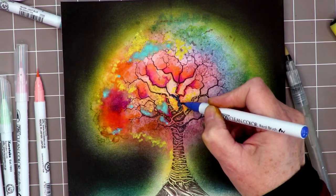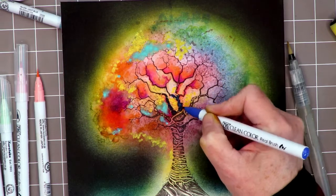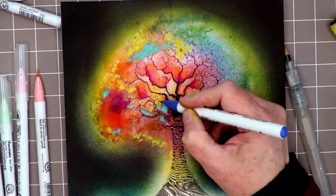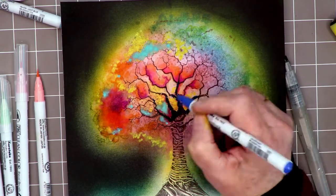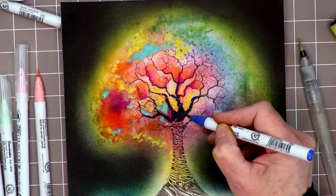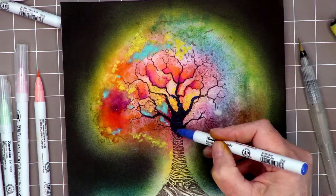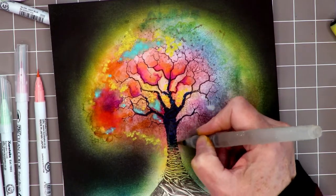Now, to further increase the contrast in the piece, I've decided to colour in the shape of the trunk and the branches in the tree. I know that's unusual because I'm covering over some of the lovely pattern on the stamp, but I did feel in this project it was important to make the rest of the tree look more colourful and to look as if it's lit up. So sometimes it's important to create a silhouette, and that's what I'm doing with the trunk,